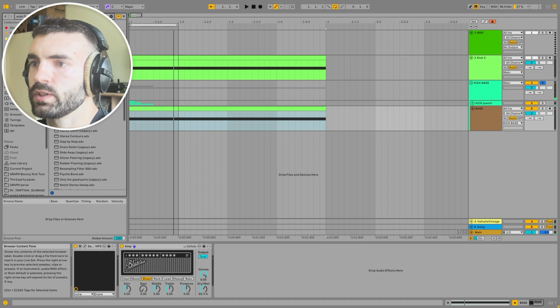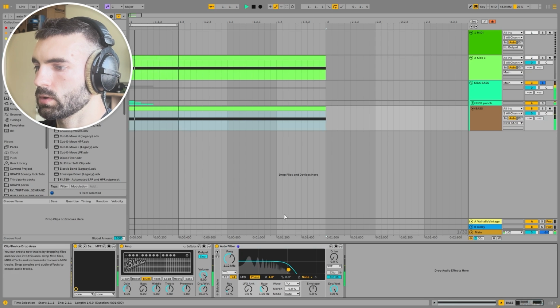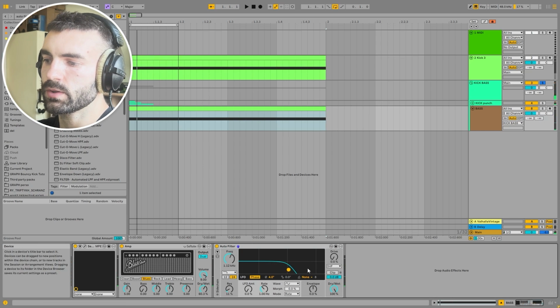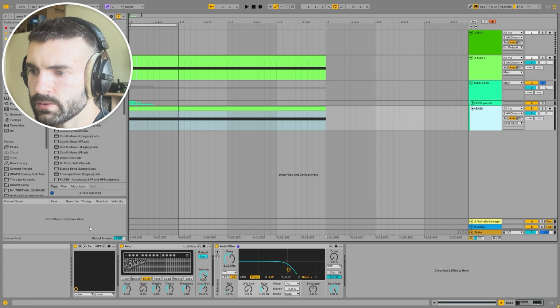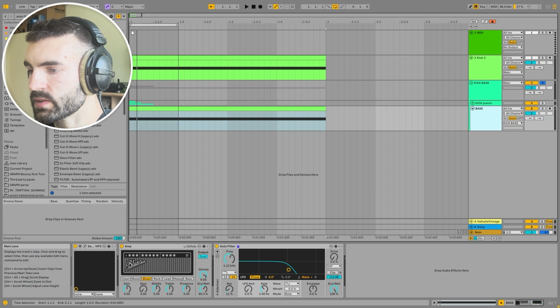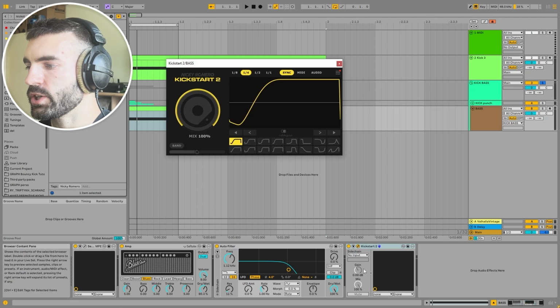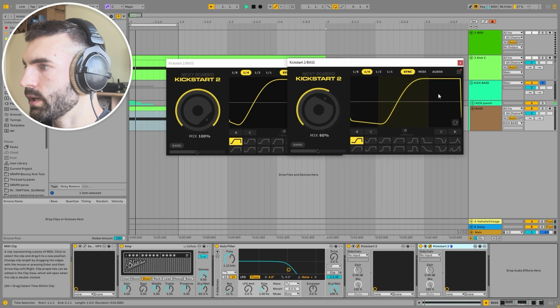You can adjust here the way it's opening. I'm cutting the high frequencies here, otherwise it's too much in the high end. Usually with those bouncy sounds, it's really just a bass sound or low mids. You can also adjust the sidechain with some starts. So for instance, I can make a